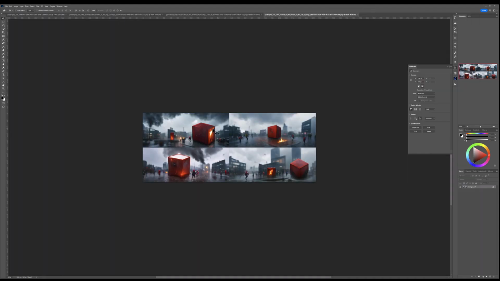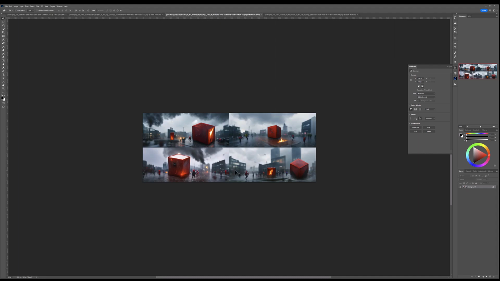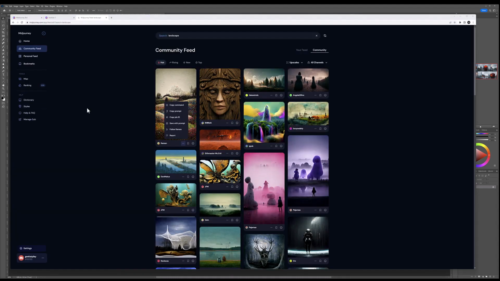As an example, right here I typed red cube located in the middle of the city, and there are different variations you can see going between those ones. Right here too, you can see the different ones, and something like a permutation. If you think you're creating the same word, it can be randomly created and all that stuff. So keep in mind, it does not guarantee that you will have exactly the same result. However, it does help with the words. Some words we can preview.